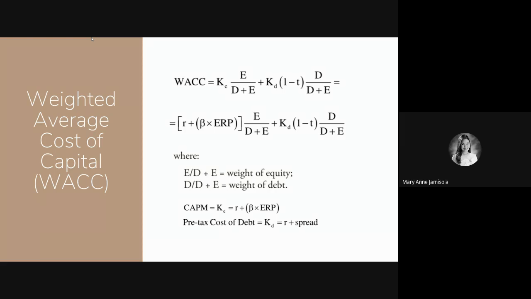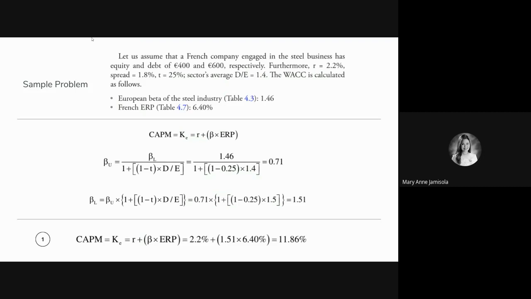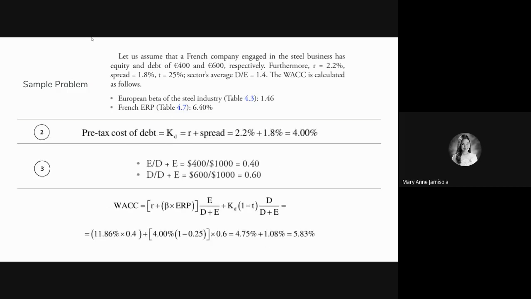Okay, so next slide. So that's why here we have to compute first the cost of equity using CAPM and then multiply it with the weight of the equity portion. And based on the given here, the equity is 400 while debt is 600. So therefore, equity comprises 40% of the entire capital structure. So you multiply it by 0.4. Okay, next slide. Equity here is 0.4 or 40%. So that is why the CAPM, which is your cost of equity, is multiplied by 40%. So 11.86% times 0.4,